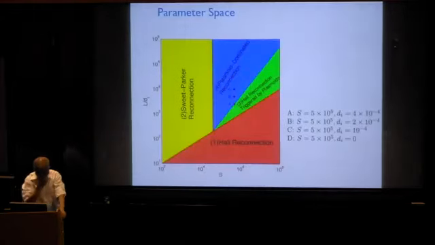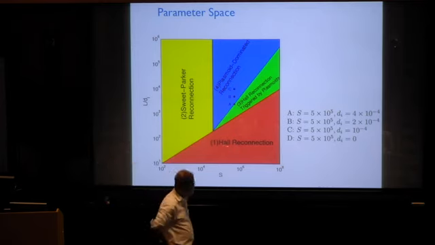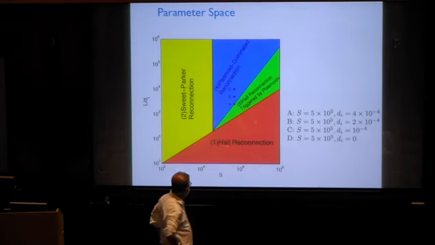So why do you have this transition from Hall reconnection triggered by plasmoids to Hall reconnection that doesn't care about plasmoids as you change the length compared to the...